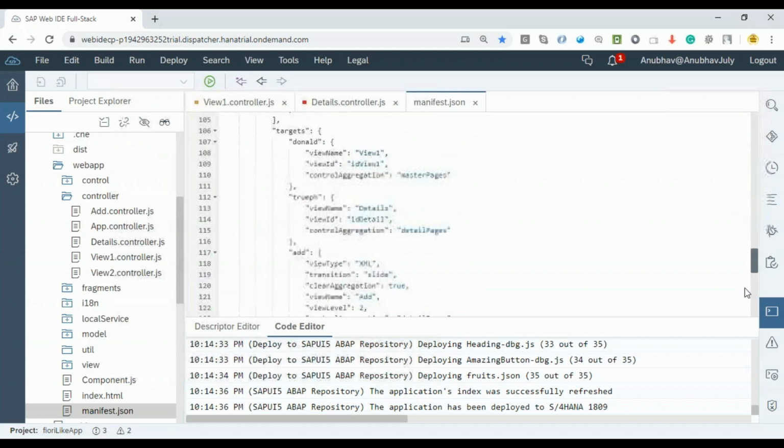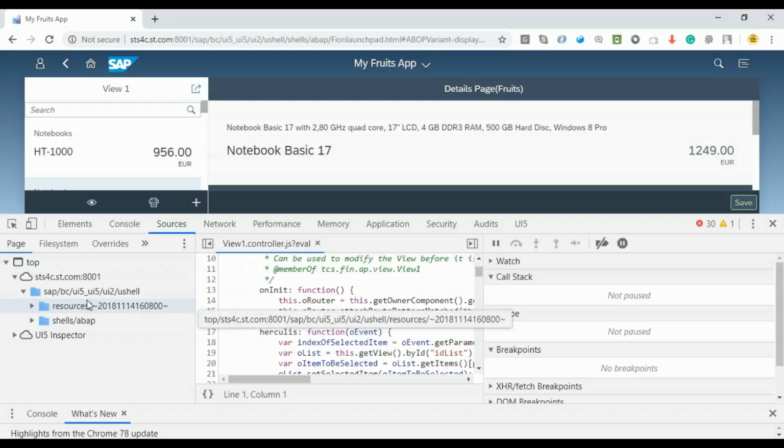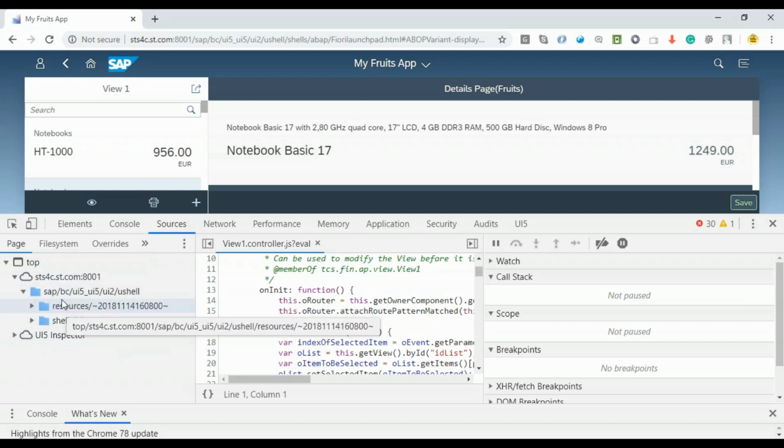And if you scroll down to the bottom, you see the ABAP platform entry, which shows the name with which it is deployed in the ABAP system. It's called Debug demo. So these are two other important, critical pieces of information which we would need while we are doing the debugging. So now I come back, and you can see here in the Sources tab,